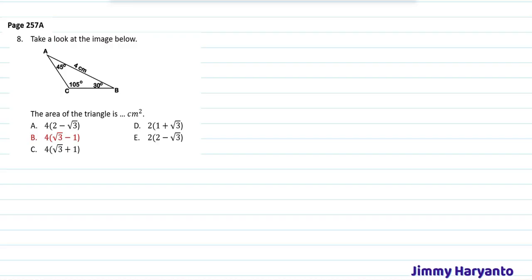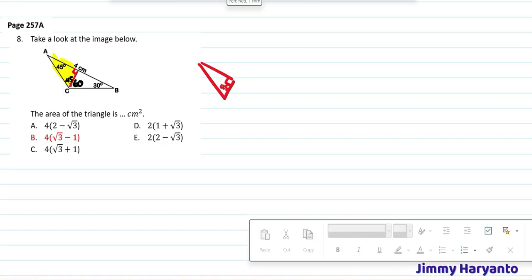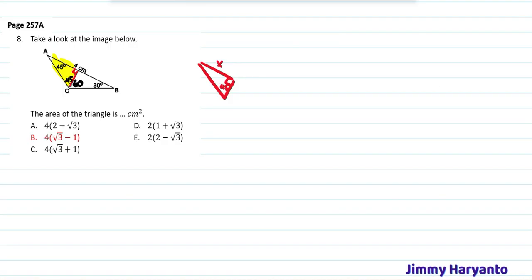But I think we can do this. Let's split the triangle into two parts, make it into a right triangle like this. And then because this is 45, that means this one is also 45, and this one will be the rest, 105 minus 45 equals to 60. Okay, and then what next? Okay, I have an idea. So if I redraw this triangle, I'll have 45 right here, and then let's say this one is x and this one is y.